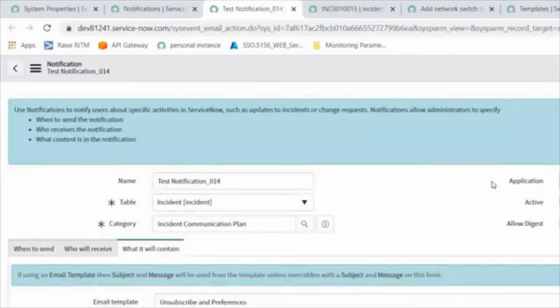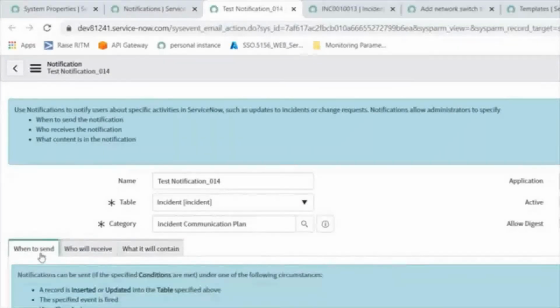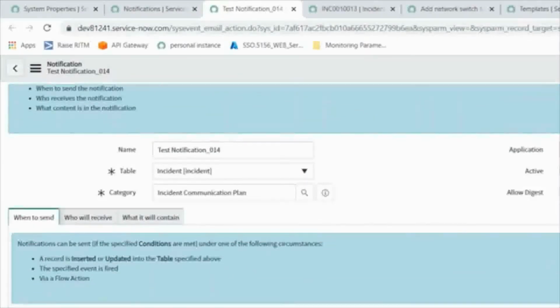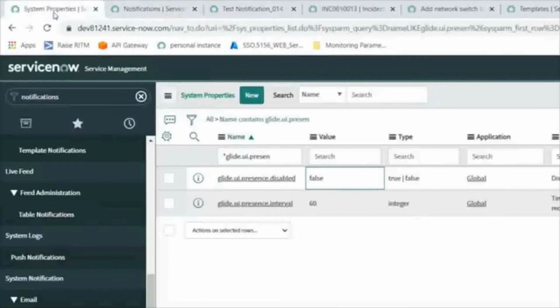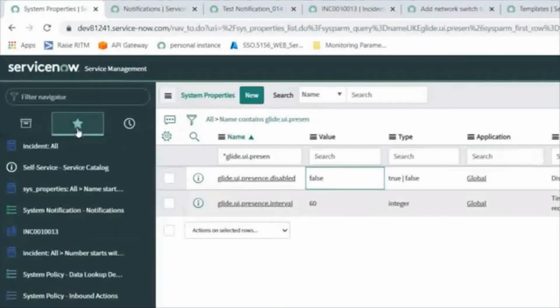So now we have created the outbound integration successfully. We have to test it now, right? So how will you test? Some people will have a doubt about how we will test now that we have created a notification. Whatever table you have given in the condition, the incident table, you have to go to the incident table and create a test ticket, right?